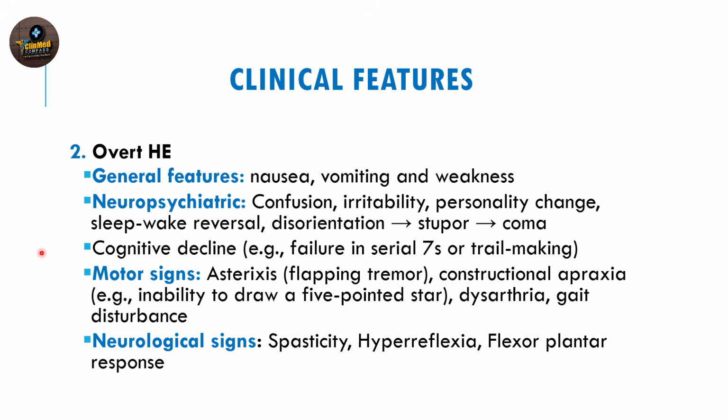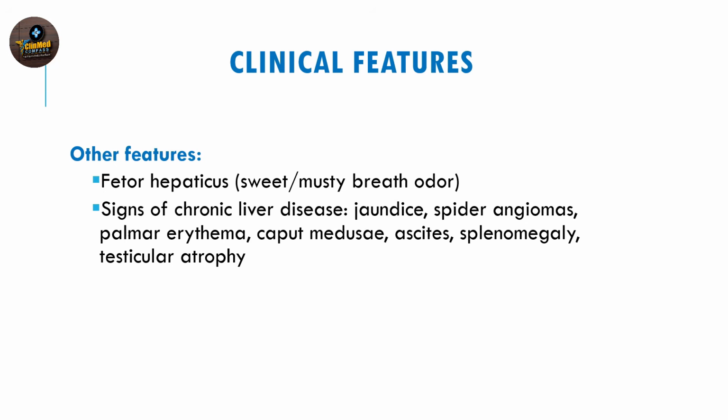Motor signs such as flapping tremor or asterixis, constructional apraxia, for example, inability to draw a 5-pointed star, gait disturbances, dysarthria, neurologic signs such as spasticity, hyperreflexia, and flexor plantar responses. Other clinical features include fetor hepaticus. This is a musty or sweet odor on the breath due to volatile amines. They will also present with signs of chronic liver disease, such as jaundice, palmar erythema, caput medusae, testicular atrophy, ascites,